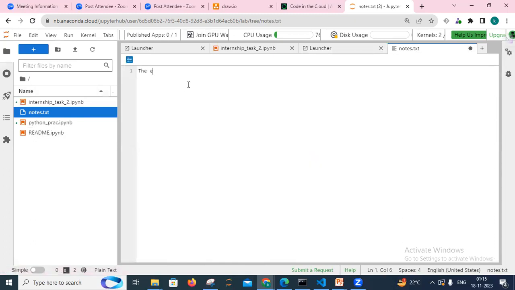Also increase the font. Yes. So, elbow method